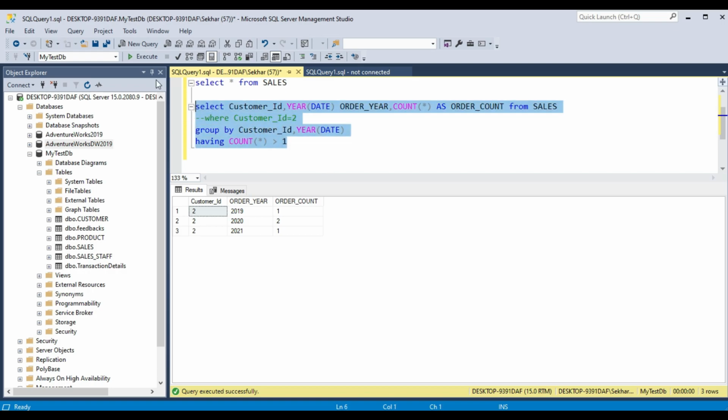So I think that covers everything about having, and you got a clear idea of when to use having, what are the places where both having and where work in the same manner and you can use any of them, and what are the scenarios where you have to use having instead of where.